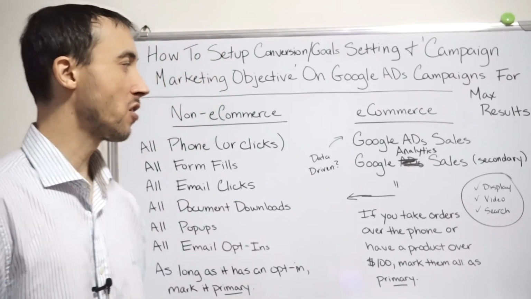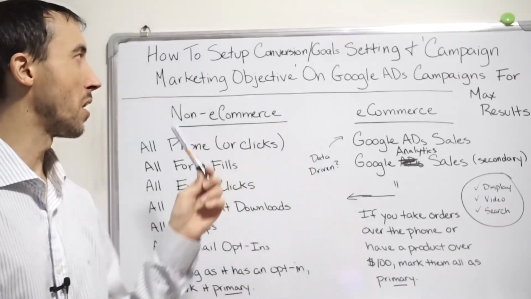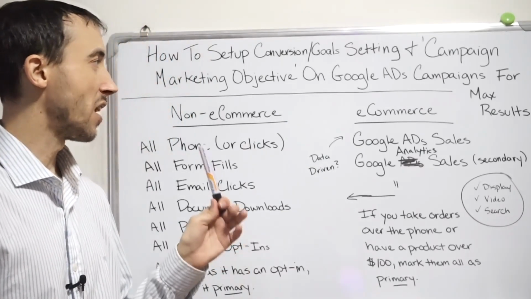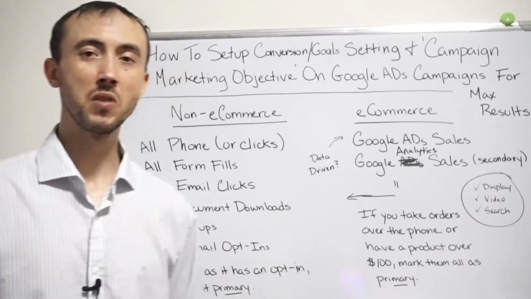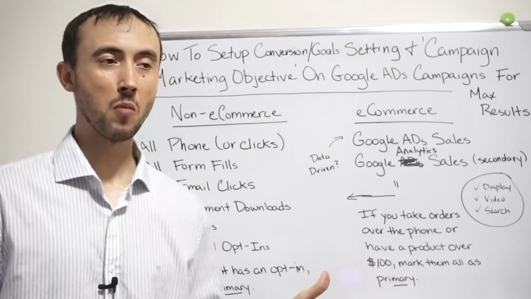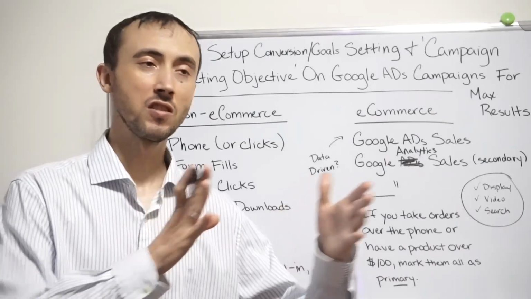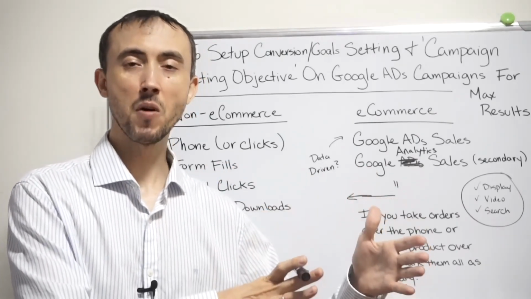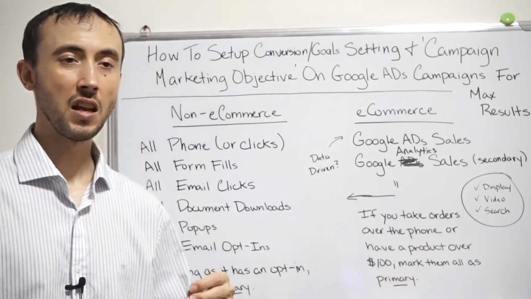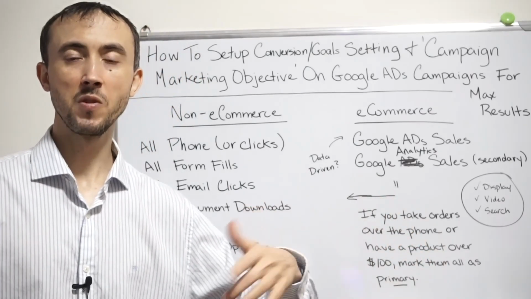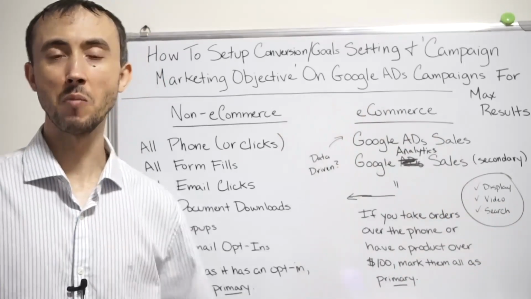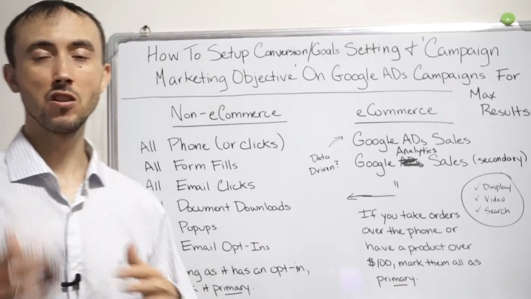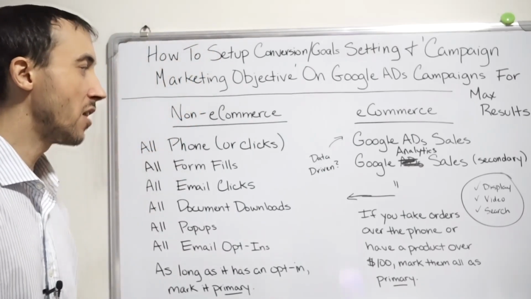So that's the main thing to know about the video campaigns and campaign marketing objective there, which is even a bigger deal than as it pertains to the Google search campaigns, in my opinion, because there's lots of times we'll run video campaigns, or I should say I've seen it, where the person wanted to have the campaign marketing objective set up as conversions, and 80% of the video campaign budget was just spent on other websites than YouTube and there's no conversions. I don't know if that's going to change in the future, but anyway,